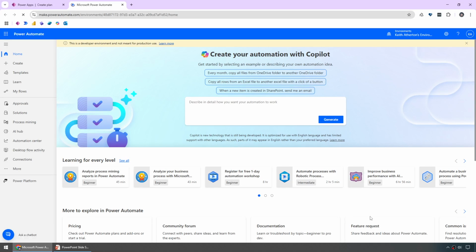So if we go to make.powerautomate.com, again, this is the portal for us to get into Power Automate. Again, there are ways we can create some flows from scratch using Create, but we are faced front and center with this Copilot to say, create your automation with Copilot. Similar to before with Power Apps, we can describe in detail within this text input